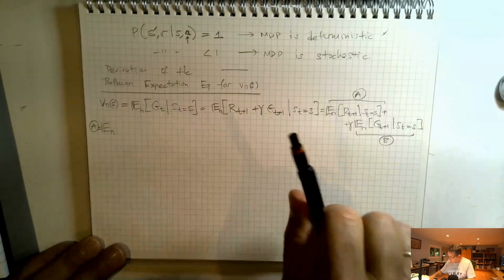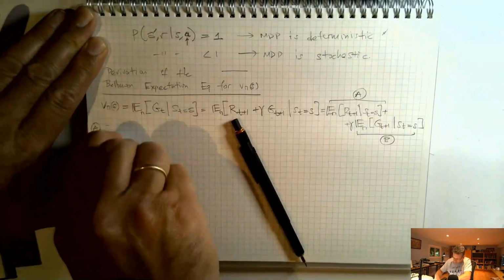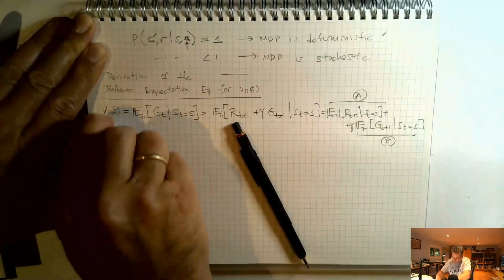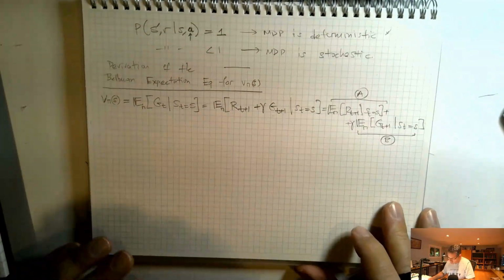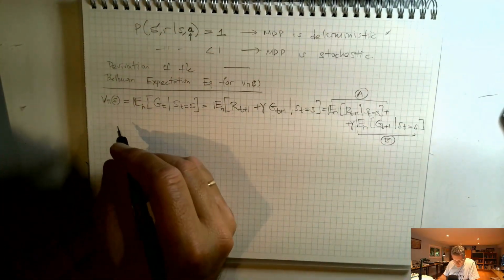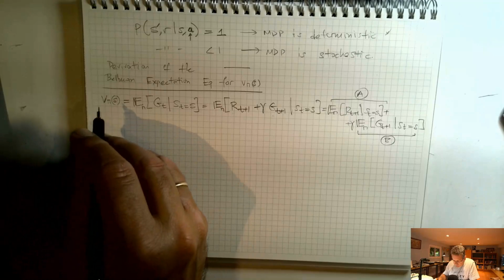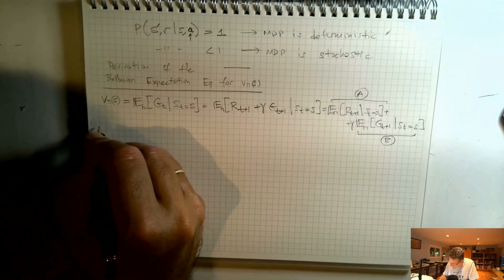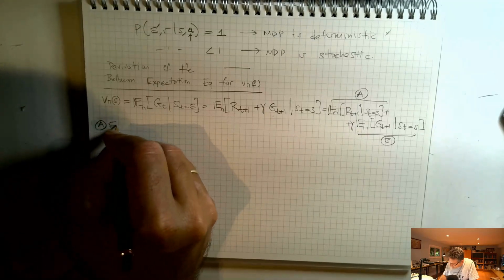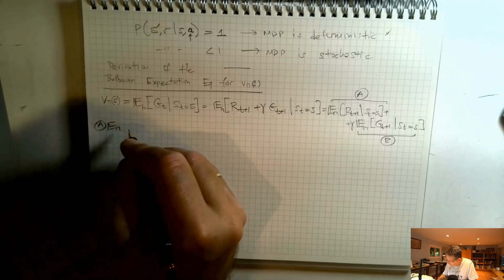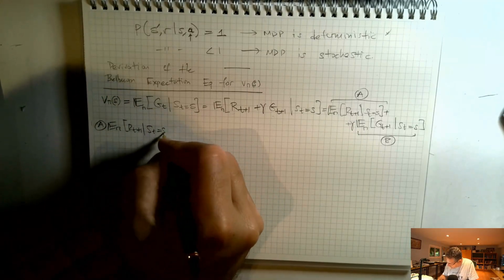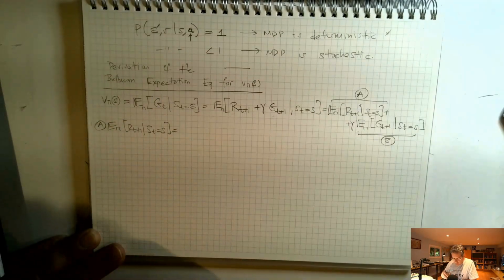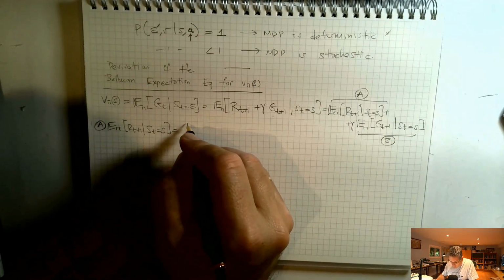We can now replace the expectation with a summation. So for A, which is the expectation over pi of Rt plus 1 given St is equal to s, it is equal to a summation